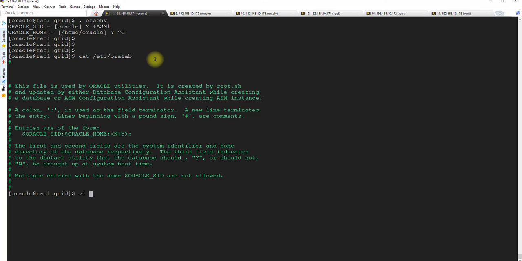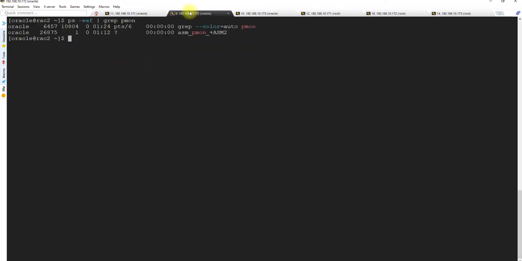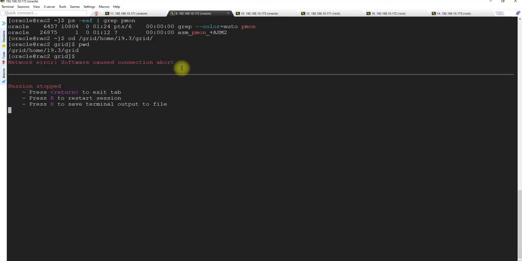What we will do is vi /etc/oratab, and you will say +ASM1, and then you have to provide the grid home, cd /grid home. Okay, present working directory.